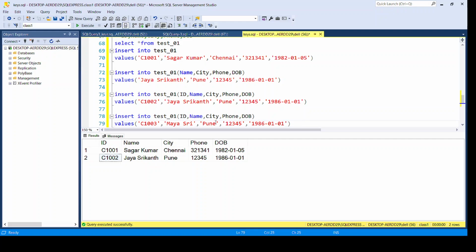City be Pune. Phone number, let this phone number be 12345. Alright, and date of birth, let it be 1989. Now what will happen is that in such a scenario, when you're entering the values for all the fields, no need to specify the desired fields. In this scenario, as you're providing 5 values, these 5 values will be inserted into this table